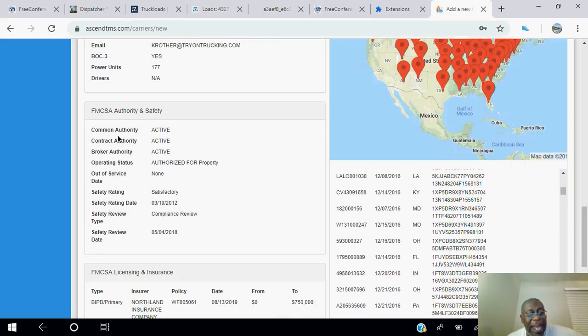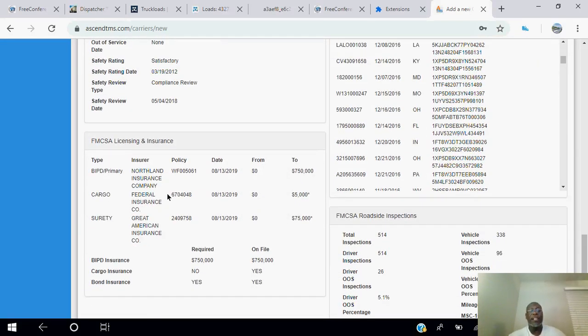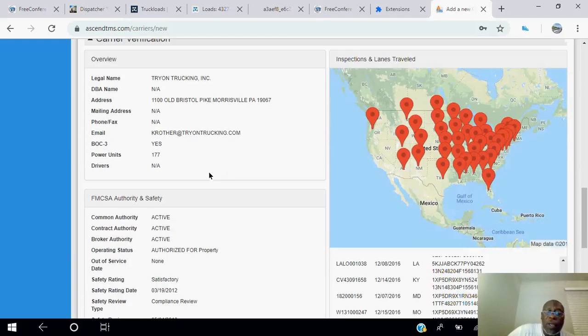So y'all see how it works? It lets you know if they have an active authority, what it's authorized for, and if they have a satisfactory rating, an unsatisfactory rating, or a conditional one. Now, if it says satisfactory, he's probably going to say, okay, that carrier is good to go. Or it could say satisfactory, but the carrier may not have enough inspections, or may not have enough of what's called an ordinary DOT number. Okay,